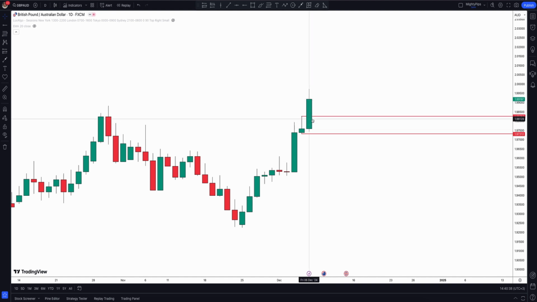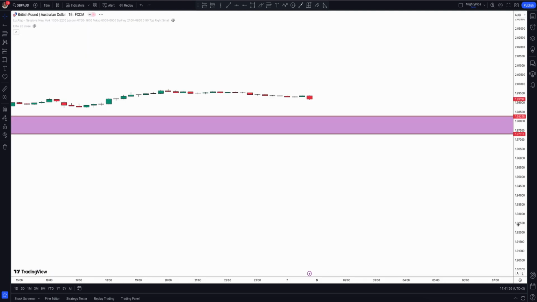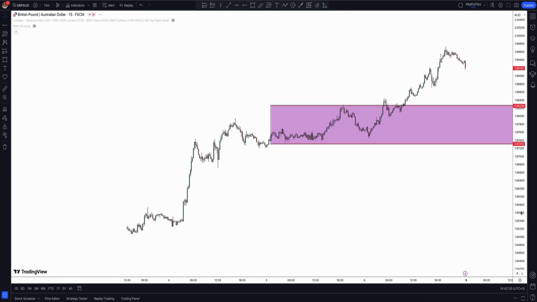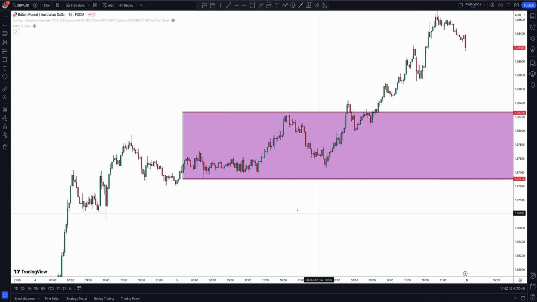So after you've done this, you can draw a zone in here if we want to. You can draw a zone here, or you can do without it and just consider the space between the red lines. You can now go down to the 15-minute chart where you're going to be taking your trades, or the 5-minute chart, wherever. And then you are going to be looking for your daily direction from there, because you've predetermined